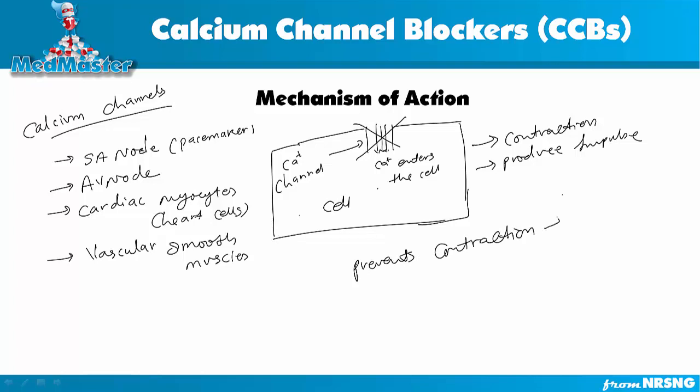So it will cause vasodilation. It will not let the SA node and AV node produce the impulse. So if the heart is beating at 90 beats per minute, it's going to be beating at a lower rate. So it decreases heart rate. It decreases conduction